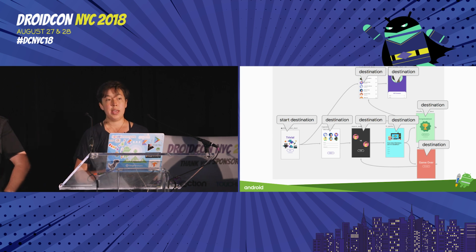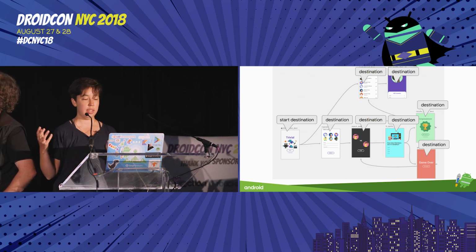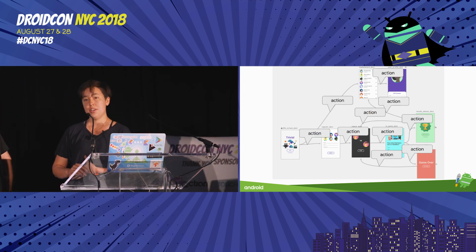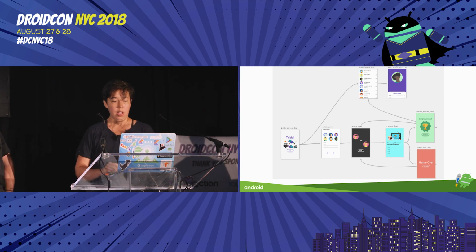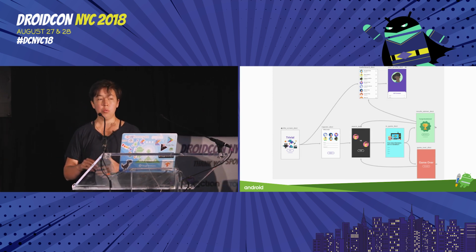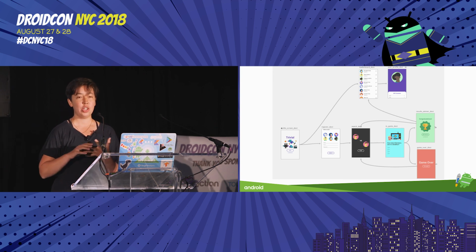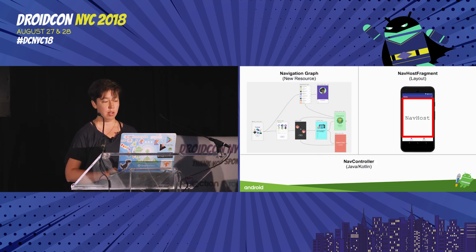The navigation graph is made up of a bunch of things known as destinations, which are kind of like the screens of your app, or the contents of your app. And then these destinations are connected by arrows, which are also called actions. The actions only show the possible paths that a user can take through your app. They don't actually do any navigation themselves. You actually have to set up that code yourself.